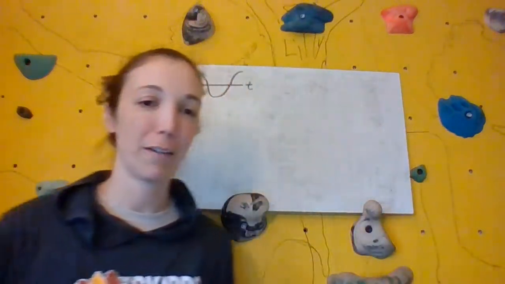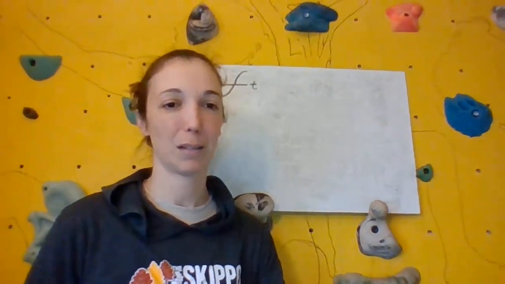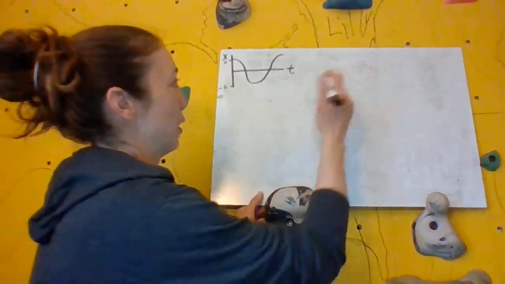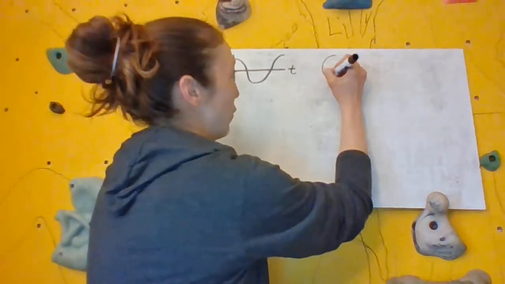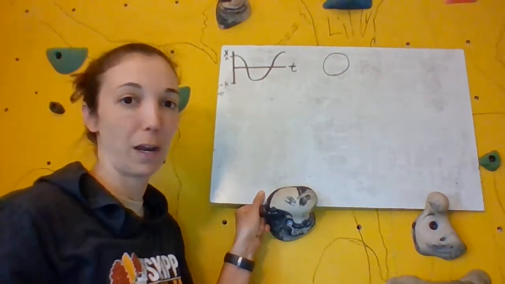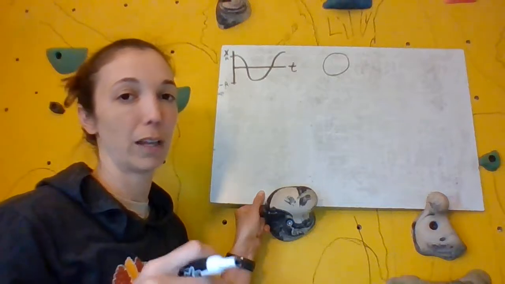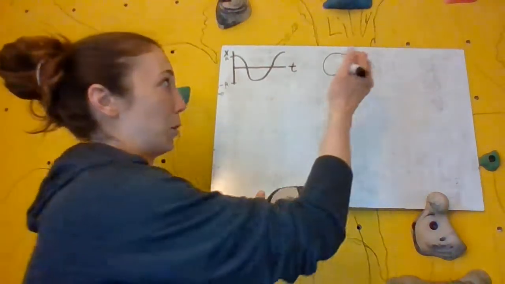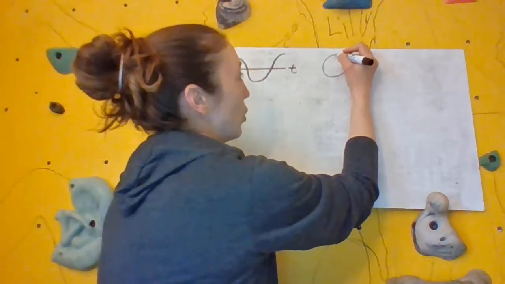So that's a really important thing to keep in mind. Let's look at our position versus time graph for our mass oscillating in simple harmonic motion on a spring. Now, to make an equation for this graph, we're going to start with the unit circle. If you have not yet learned this in math class and you haven't watched my optional videos on the unit circle and the cosine or sine function, please go back and watch those so this will make a little bit more sense. So if I have my unit circle,